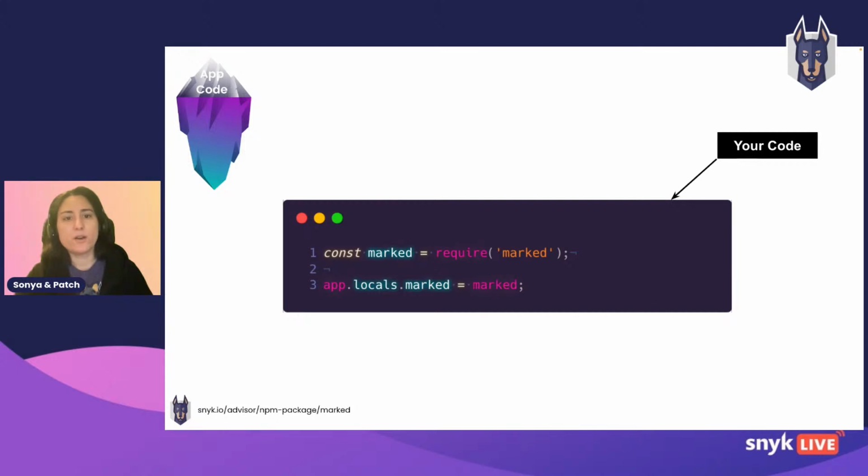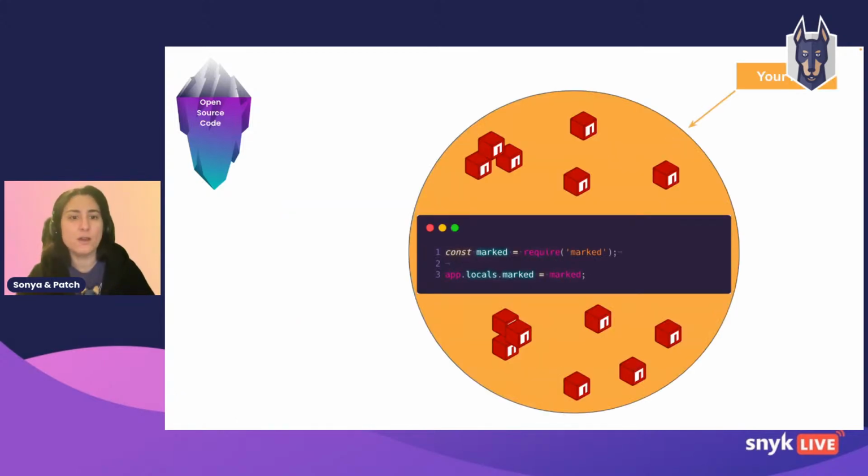So we start with our code, where potentially we can have security vulnerabilities. And this is also another example of a piece of code where we're importing a dependency, which is a nice segue to the layer below the application code on the iceberg, which is the open source code. So if we think about how many lines of code we write ourselves versus the number of packages we import to cut down the time we spend coding, we don't want to reinvent the wheel, and this is totally understandable.